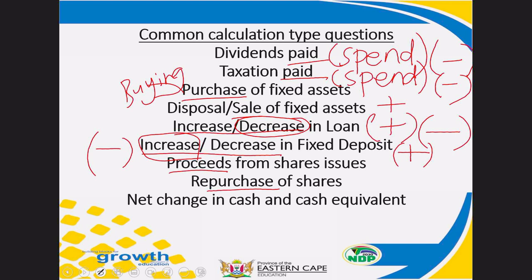Okay? Proceeds from the sale of shares. When we are issuing shares to the public, we sell it to them, they pay us an amount of money. That will always be an inflow of money. There will never be an outflow of money when we issue shares to the general public. Okay? Also, repurchase of shares. There's the keyword again. Purchase means to buy. Buying back of shares, you are spending money. Now, when you are spending money, that is considered an outflow of money when it comes to our cash flow.